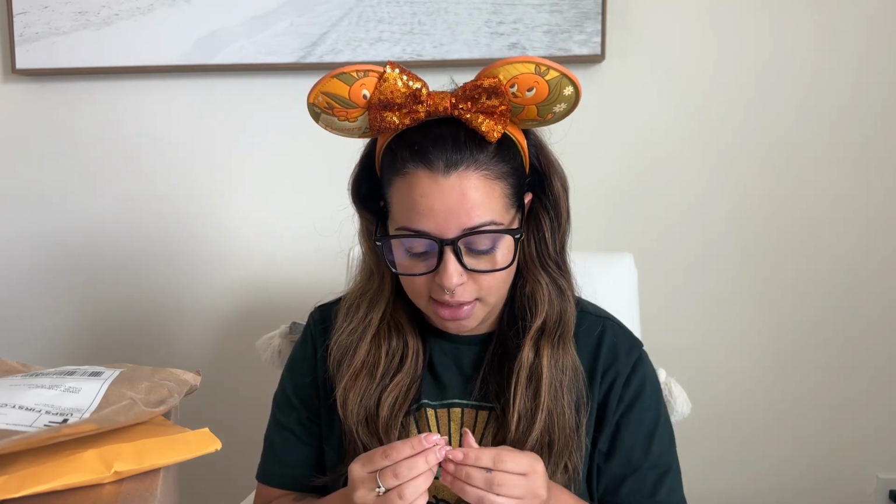So I was actually looking for the Max doghouse because I don't have any Max pins, and I've been looking for a Max pin for a while. I know there's some out there, but I just haven't come across one. And I opened the Doghouse Loungefly box, and it was Percy. Don't want Percy. So they had a trade board, and honestly there wasn't anything on the trade board that I wanted. So I just opted to get this